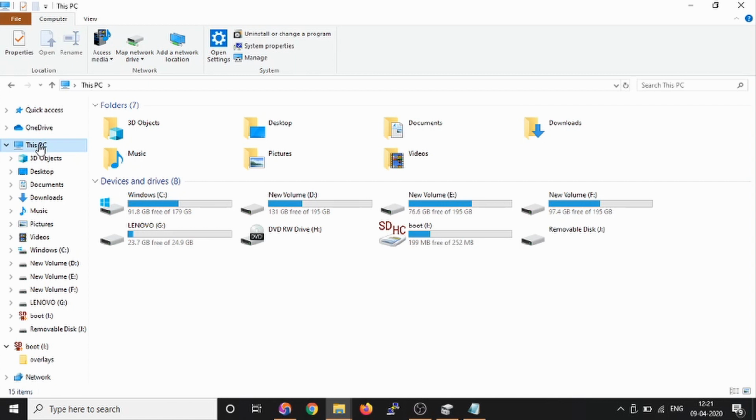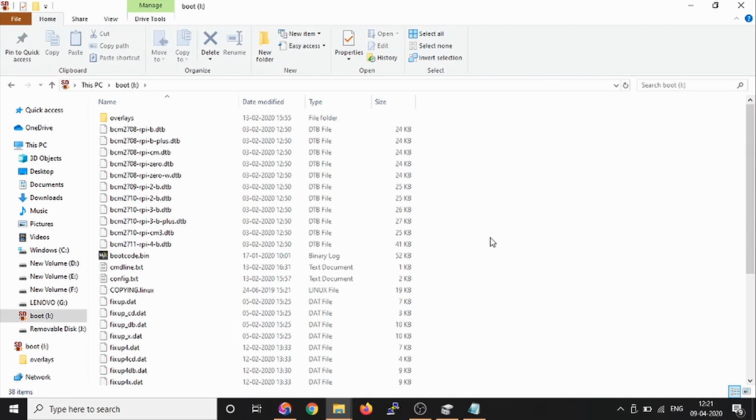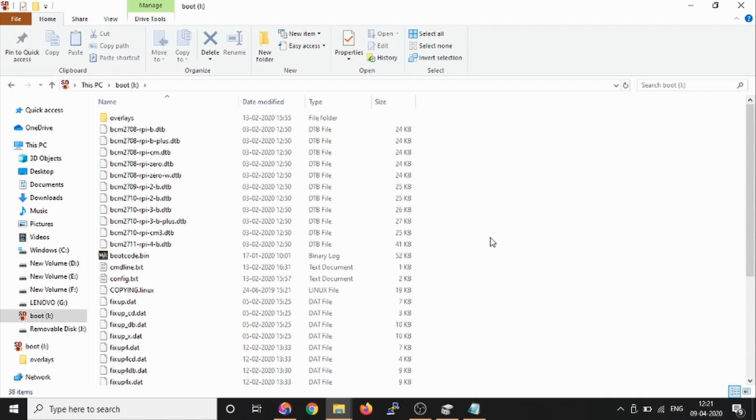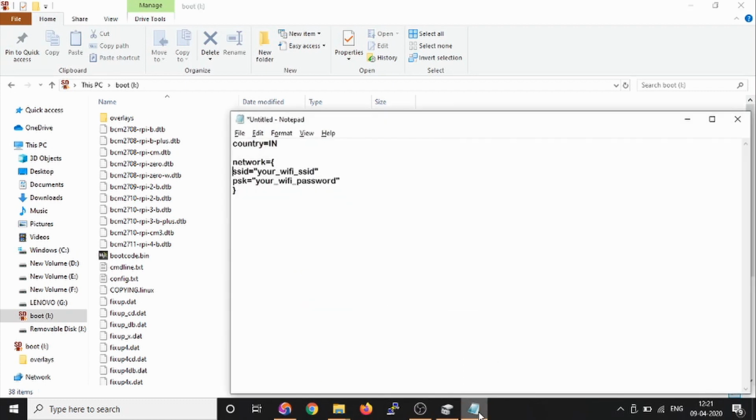Now you have to open this boot folder, and in this boot folder you need to create two files. One of them is a file with this content: country, network, that is your Wi-Fi name and password. So I'll put my Wi-Fi name over here, and the password.